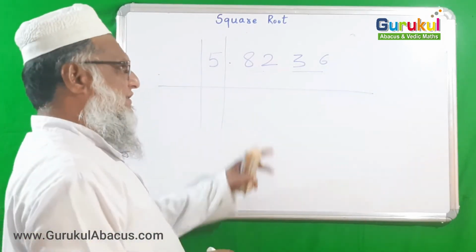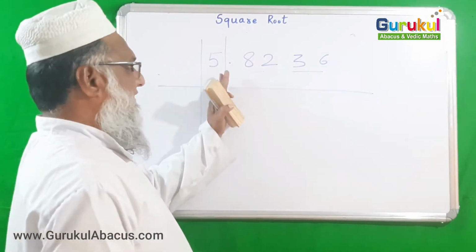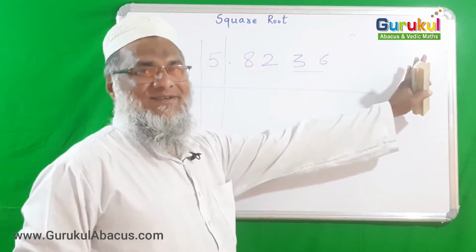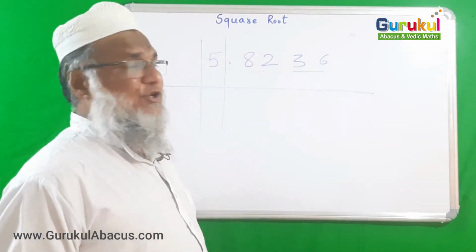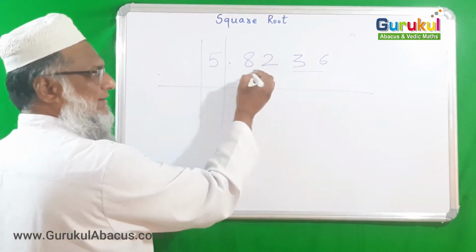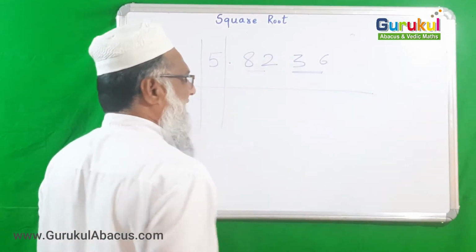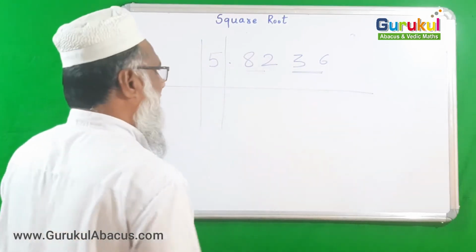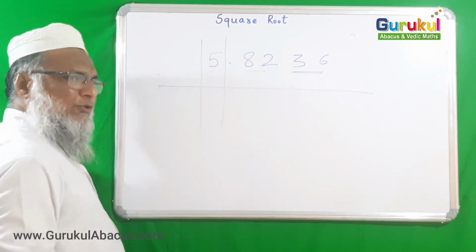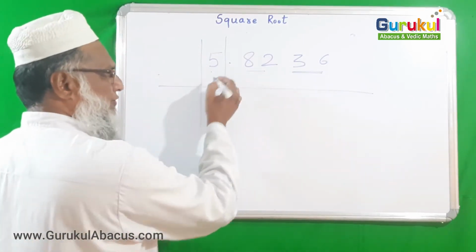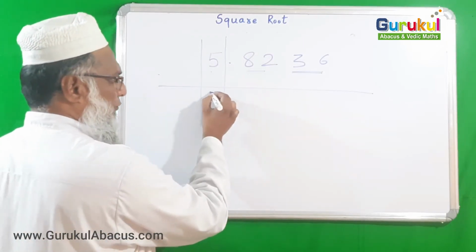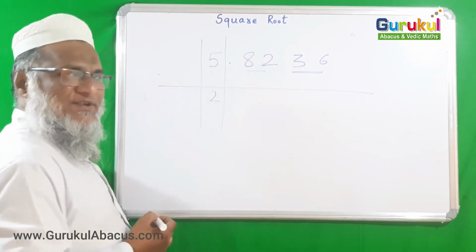Just keep in mind, this is a new concept for you. After the decimal point, here are 4 or 5 digits. So how would you make pairs of those digits? From the decimal point start. First 2, then the next 2, then the next, like that. Okay, so we have done everything. Now the square number near to it. Definitely 2 squared is there. So 2 I am taking here as the answer's first digit.